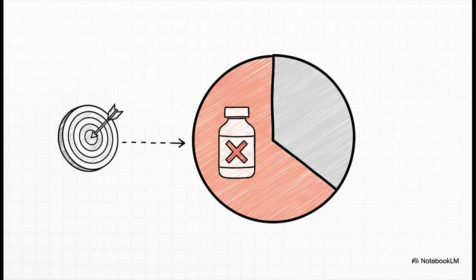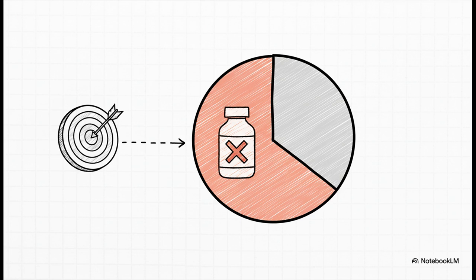So, what is the reason for this high failure rate? The data indicates that the most significant factor is the initial selection of the biological target. Roughly half of all clinical trial failures are attributed to a lack of efficacy. This suggests that the issue often lies not with the therapeutic molecule, but with the validity of the target it